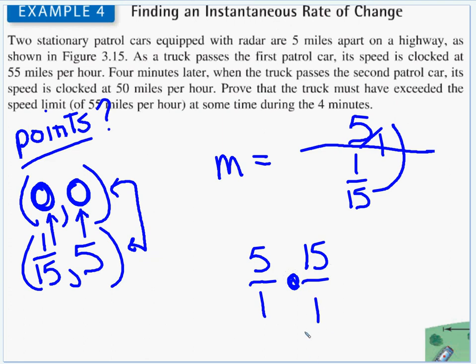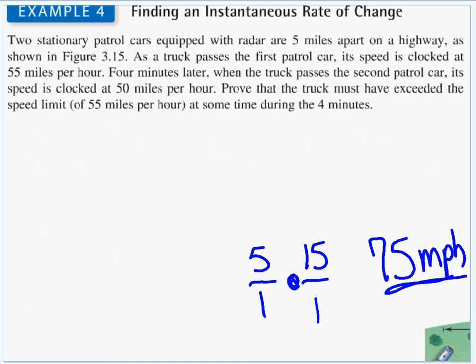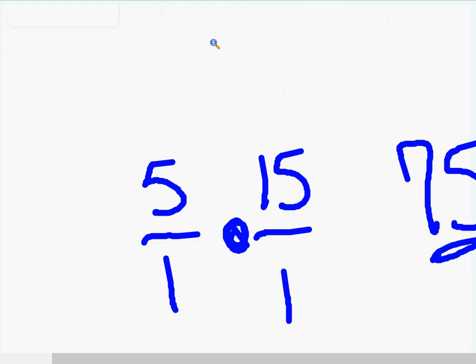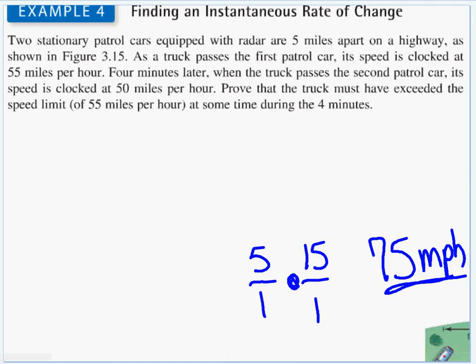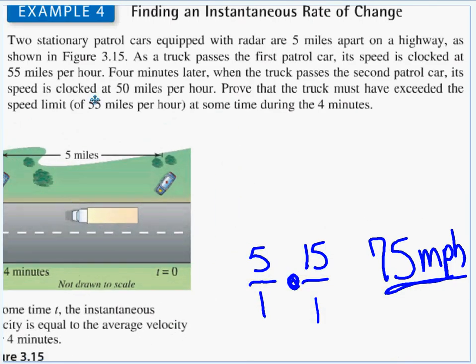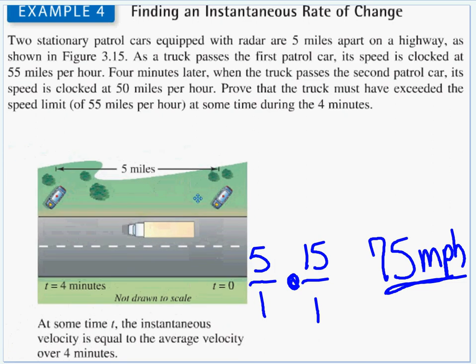So again, when the truck goes past the first cop, he's doing 55. Goes past the second cop, he's slowed down to 50. But what we've just proven here, at some point in between those officers, the truck had to be doing 75 miles per hour. Because what we did, if I draw a graph of this,